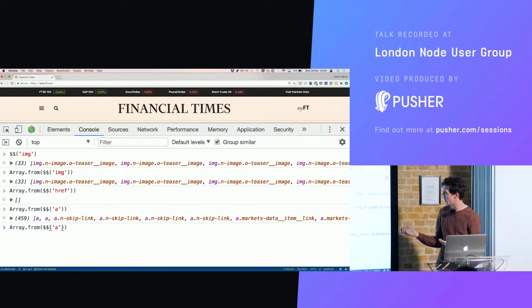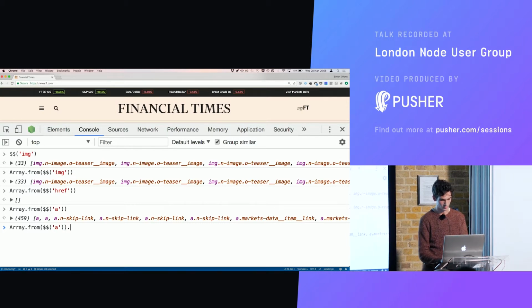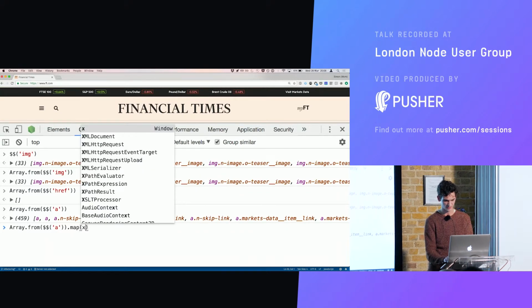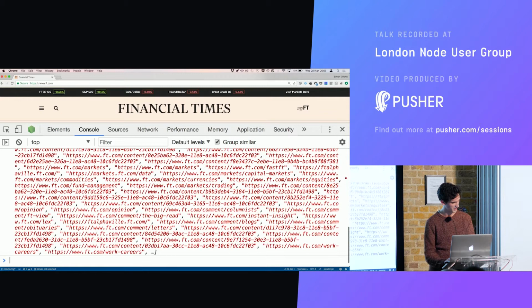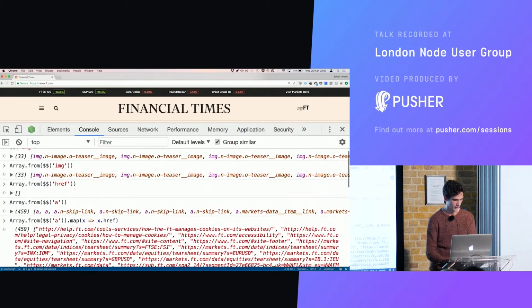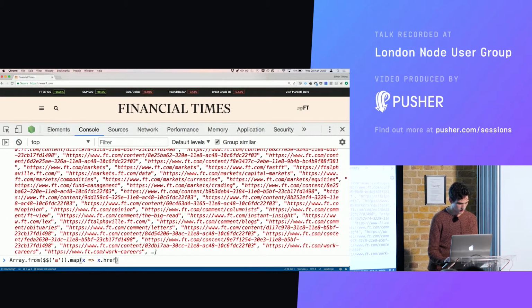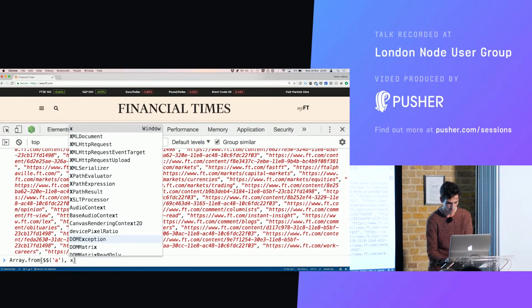So I've created an array, and I could do .map, right? x, I love x, x.href, I think, and it will give me all the links. Or, instead of doing this, I could just pass that as the second argument to array.from,